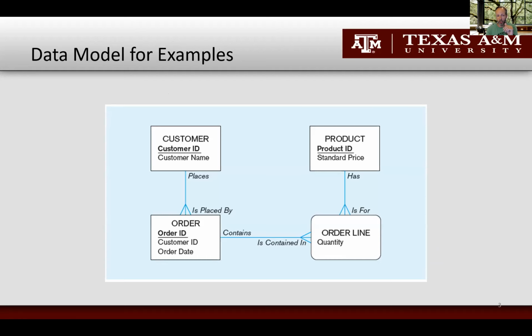So as an example, we can play around with a database that would look something like this, where we've got our customers, our orders, our products, and our order lines. In this particular example, the customer ID is a primary key in the customer table, but it's a foreign key in the order table. So I can look up information in the order table, and anything that says customer ID,